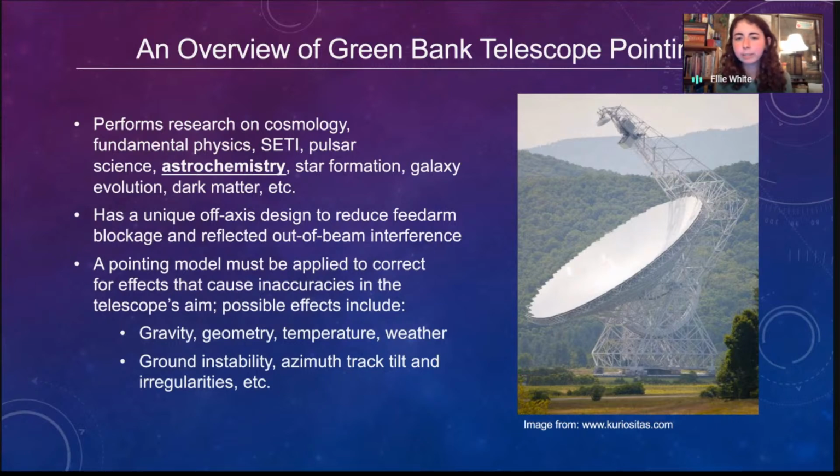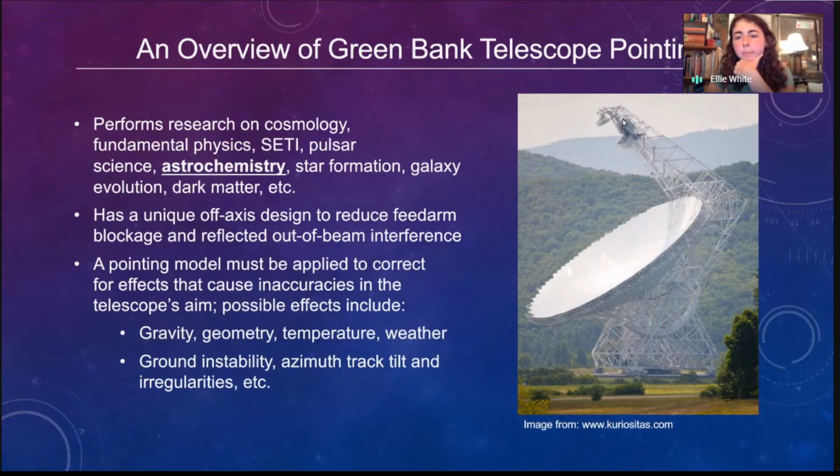One thing you might notice about the GBT is it's funny looking. It looks lopsided. A lot of radio telescopes, like the Very Large Array in New Mexico, which was in the movie Contact, have this boxy structure, which we call the feed structure, centered over the middle of the dish. But for the GBT, it's set off to the side. This is actually a really advantageous design because, for one thing, you don't have a box right in the middle of the dish blocking the radio waves from coming in.